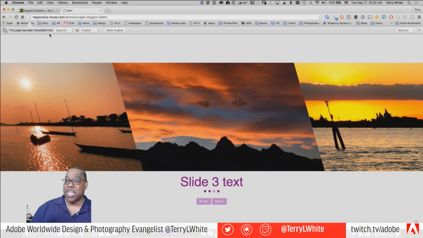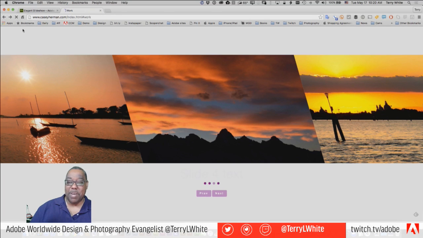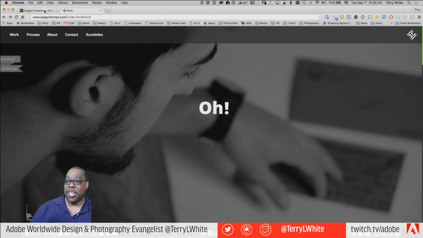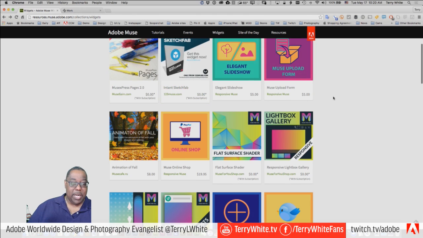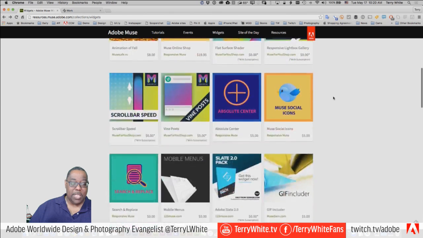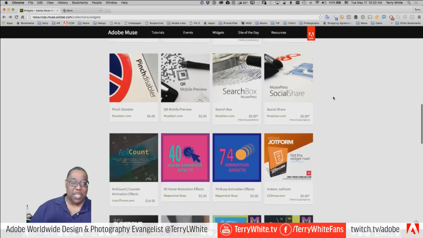So I'd have to see some more examples before I'd spend my $5 on that one. But that's an example of a widget. If you wanted to do a slideshow that looked like that, you could, and get this widget, and you'd pay them the $5 and you'd have it. All right, so all kinds of other things, templates,